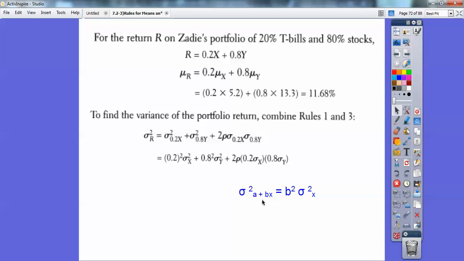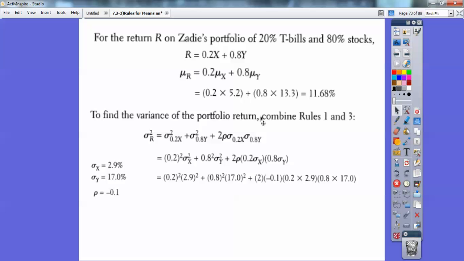So when you're multiplying stuff, it comes out here and becomes squared. It's just a formula. That 0.2 came out and became squared, and that 0.8 came out and became squared because of the formula right there. Then we plug in all the numbers. Don't forget they gave us this information over here, so those got plugged in for the variances. Everything got plugged in, and we find that the variance on her returns is 183 and about 72 cents, and her standard deviation is about